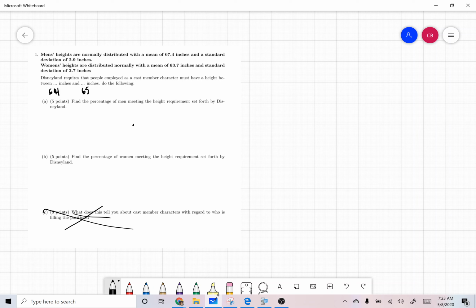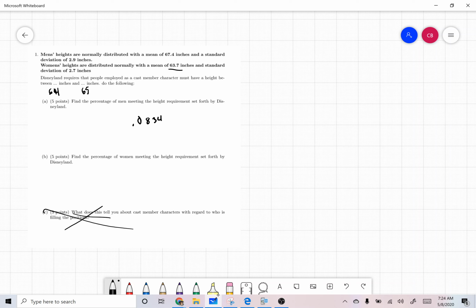And so remember, this is the 0.0834. This is the percentage of the men's population that will fit into this category based on the data. Okay, so if we look at women, we're going to do the same thing, but instead